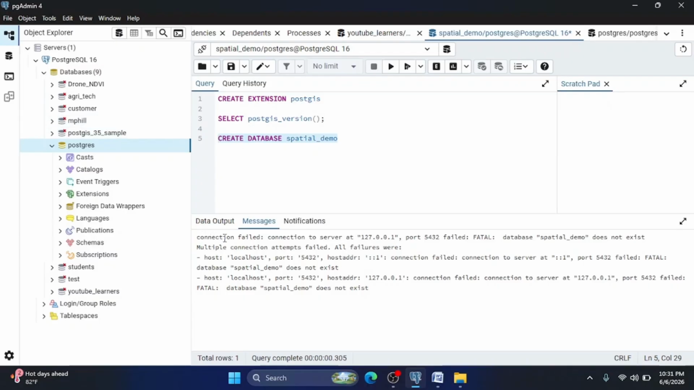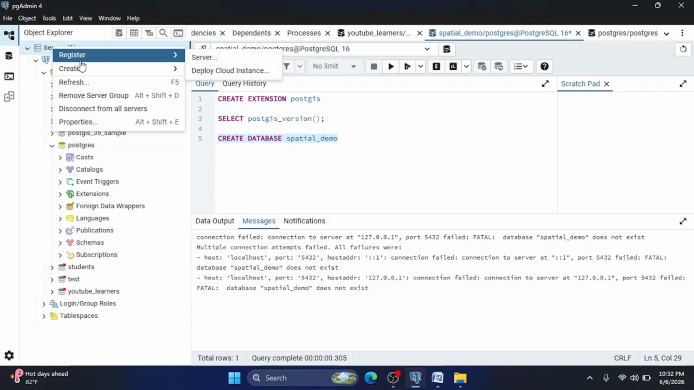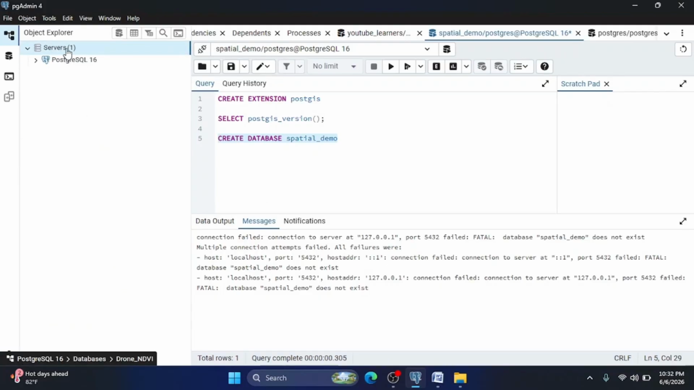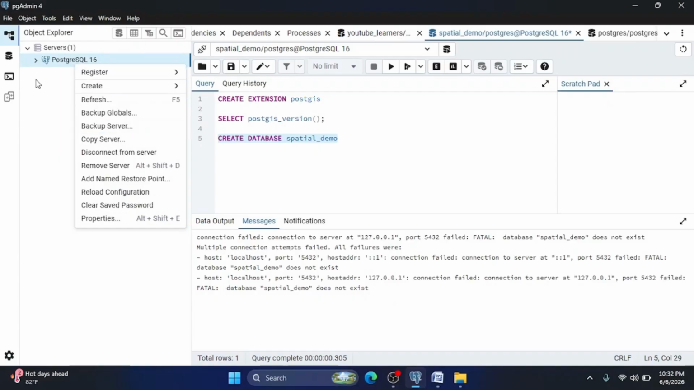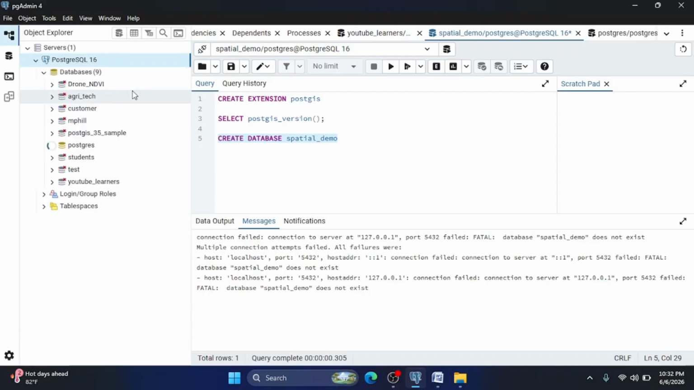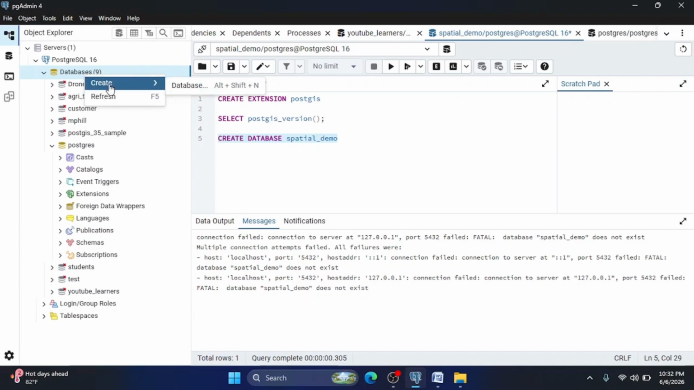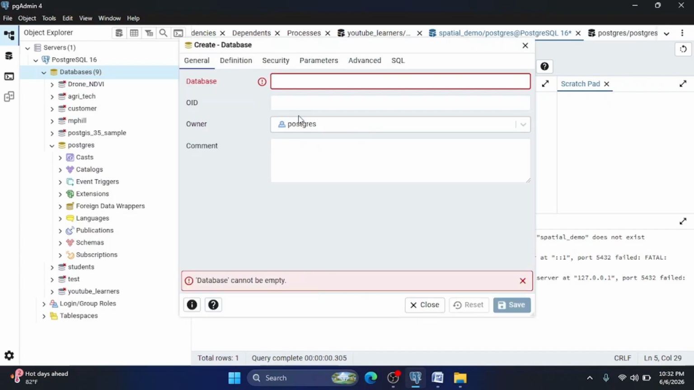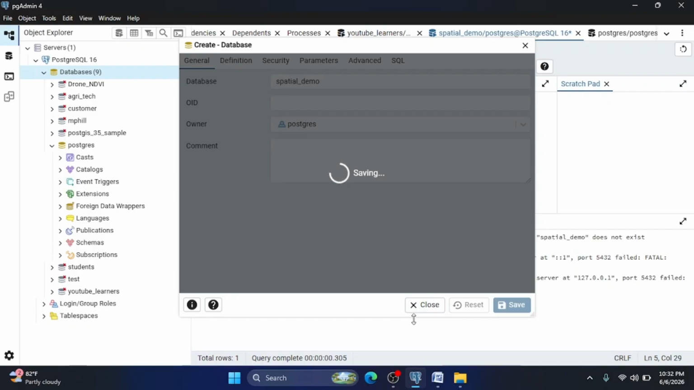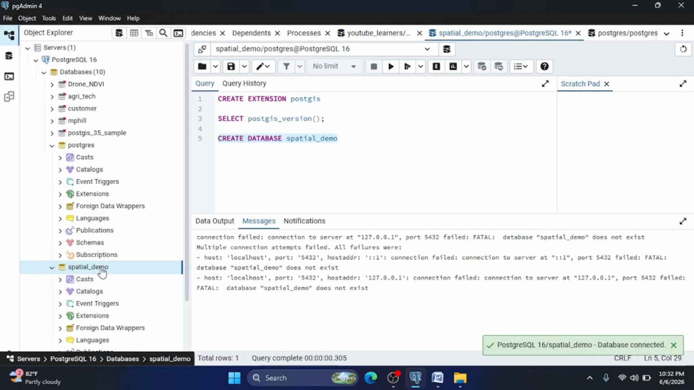Okay, what is the error? Connection failed. Connection to server port 5432 spatial demo does not exist. Okay, let's refresh it. And then create database. We can also create a database from here, spatial underscore demo, and save it. It has created